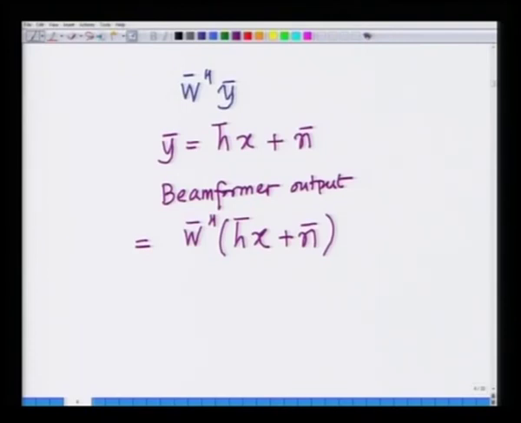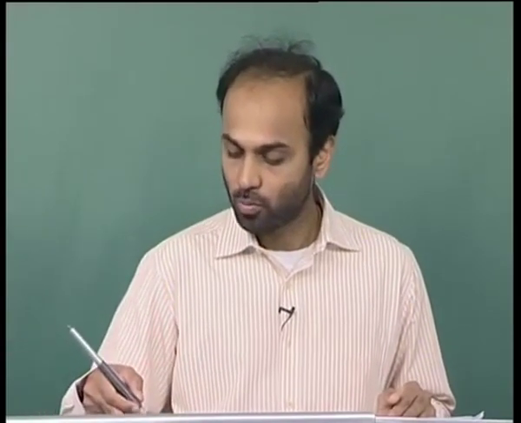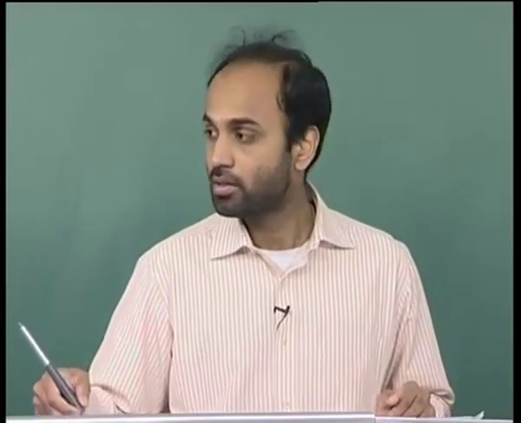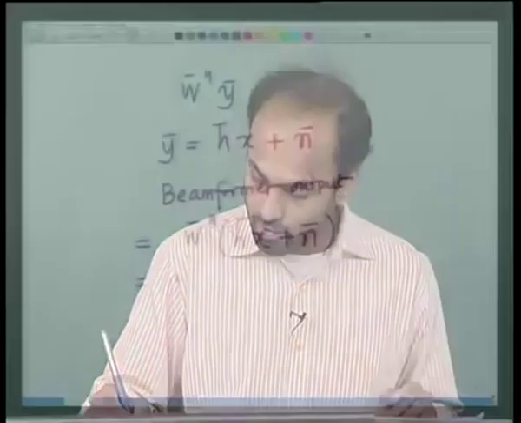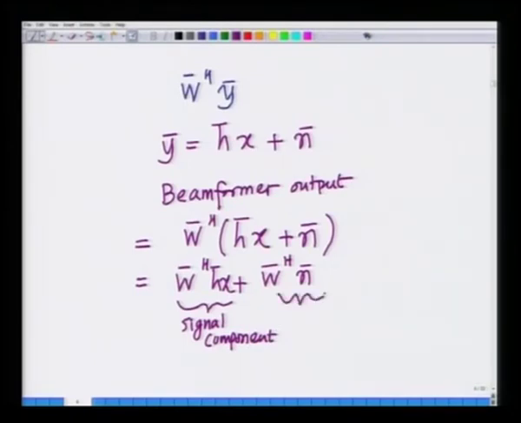So, I am doing beamforming, and my beamformer output is W bar Hermitian Y bar, where Y bar is H bar X plus N bar. So, my beamformer output is W bar Hermitian H bar X plus N bar, alright, and that can be expanded as W bar Hermitian H bar X plus W bar Hermitian N bar. This first component is nothing but the signal component, and W bar Hermitian N bar, which is a combination of the different noises at the different receive antennas, is the noise component,